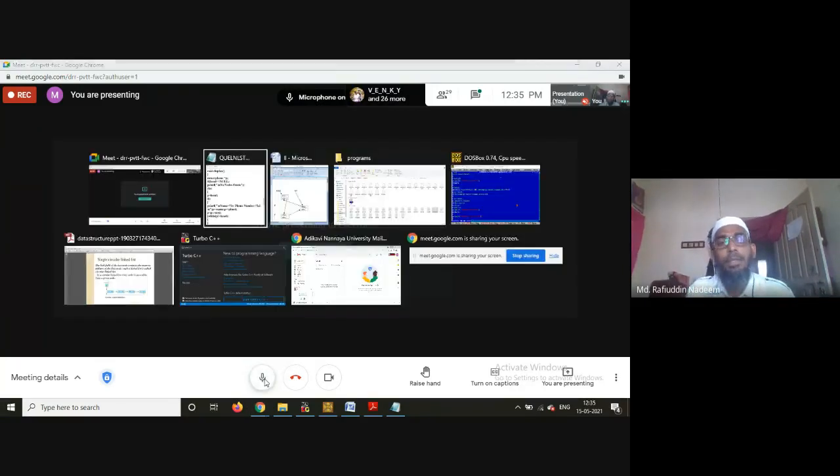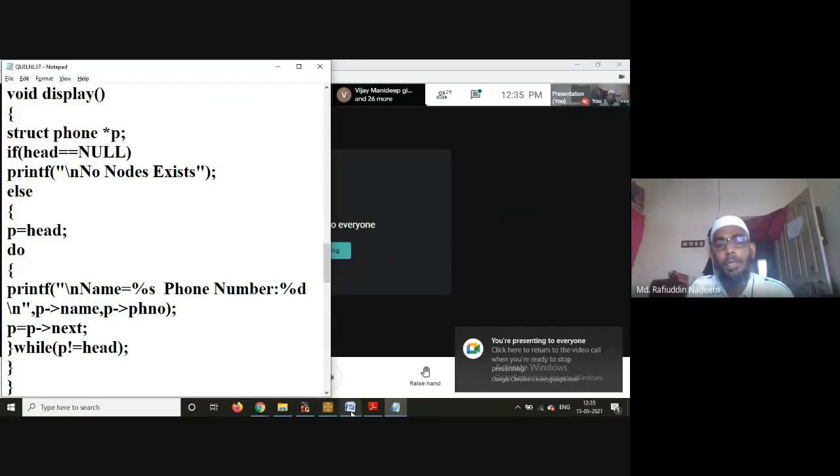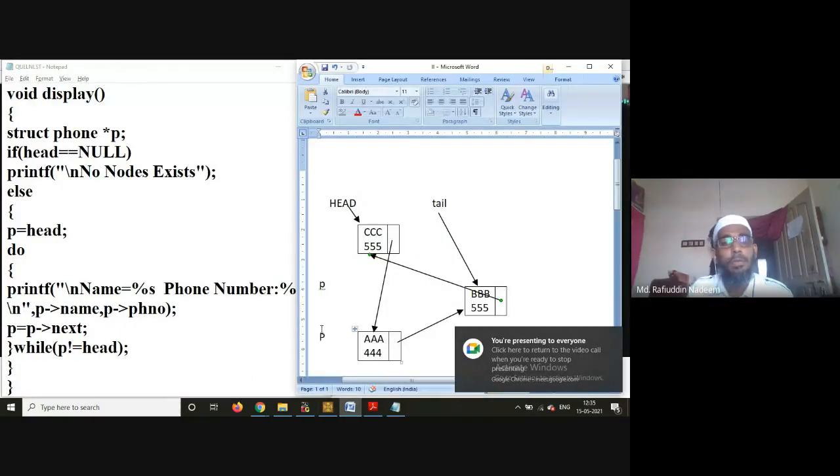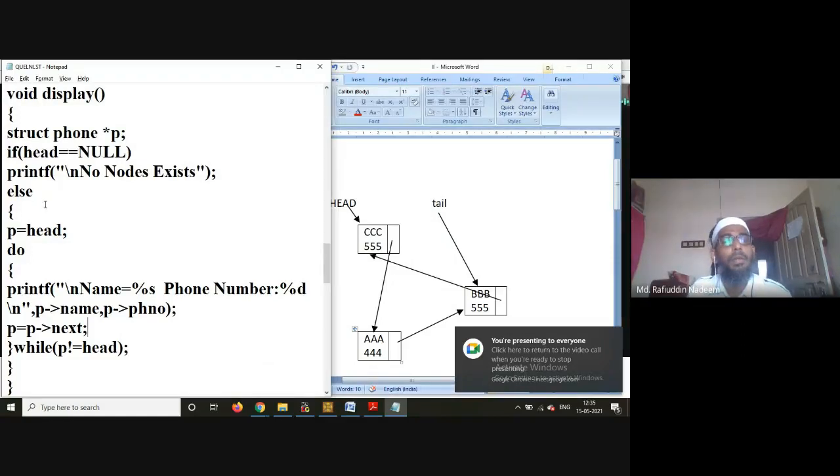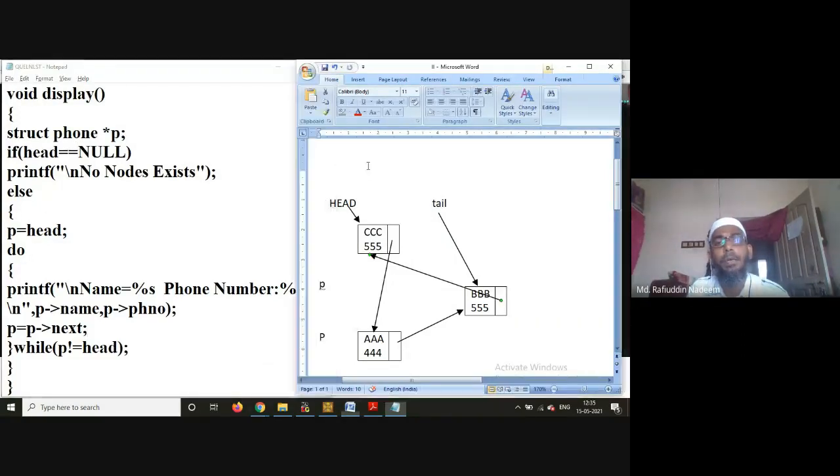Okay, fine. See how we are going to traverse through the list. Void display: is head equal to null? If head is null, you are going to stop because no node is existing.